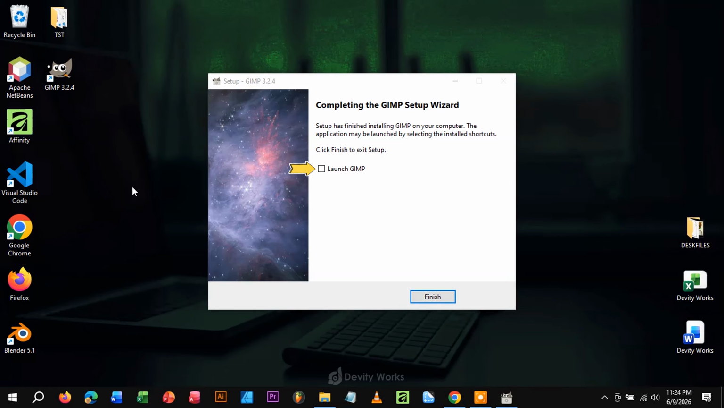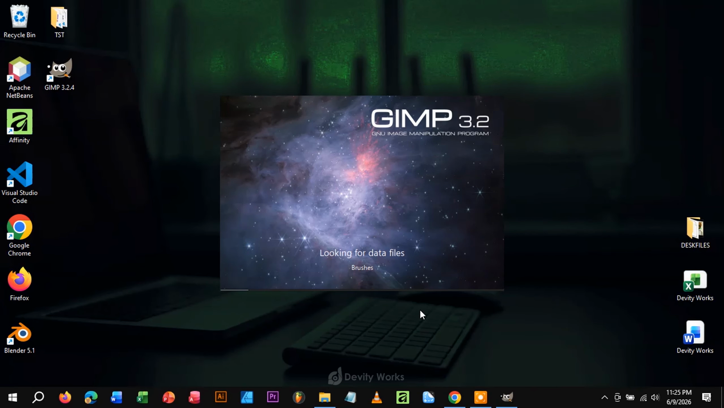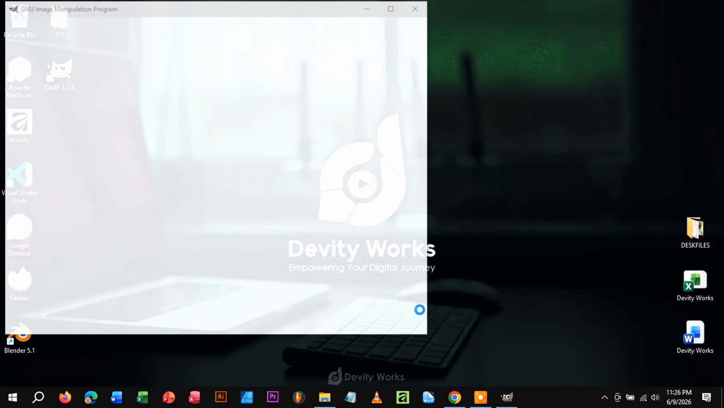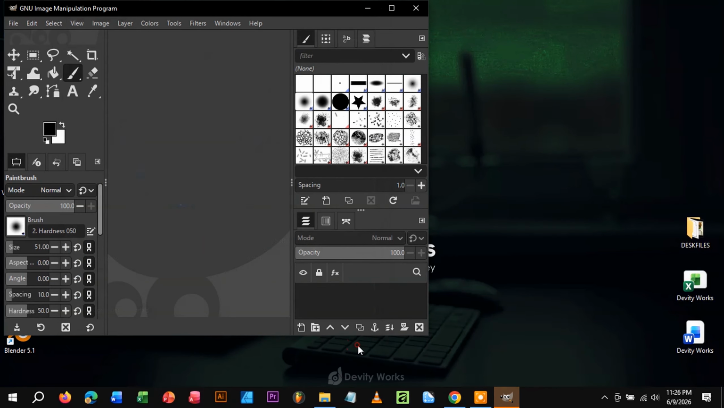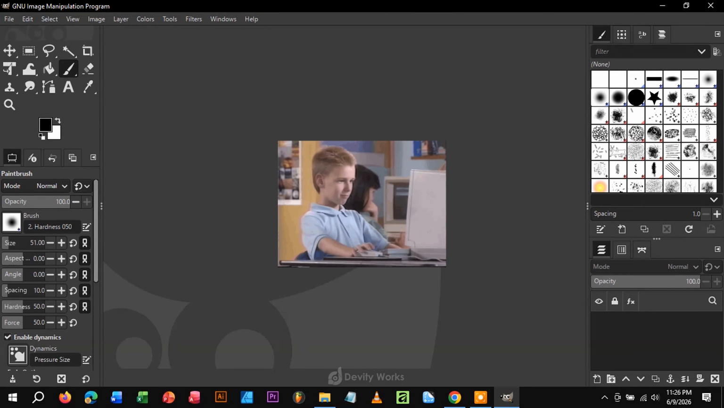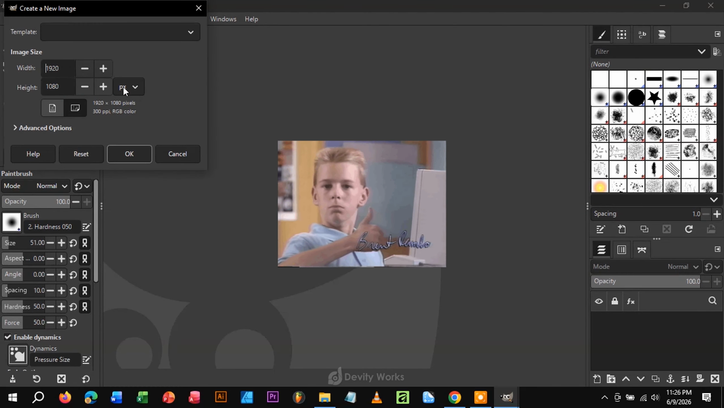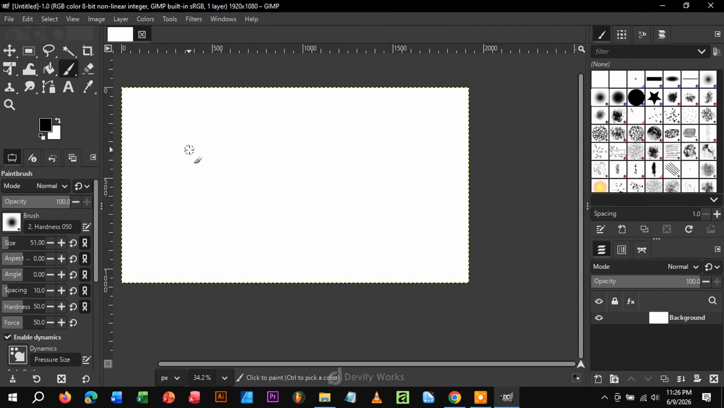If you'd like to open GIMP right away, check this box and click finish. Application may take a few moments to load the very first time. That's completely normal, so just be patient with it. Once GIMP opens, you'll see the main workspace where you can start creating graphics, editing photos, and exploring the many